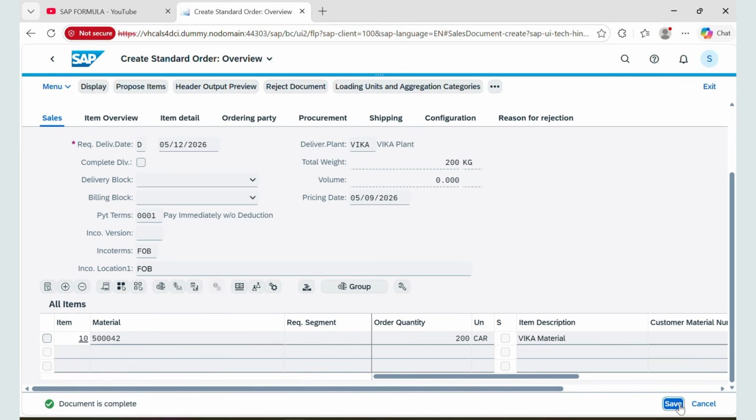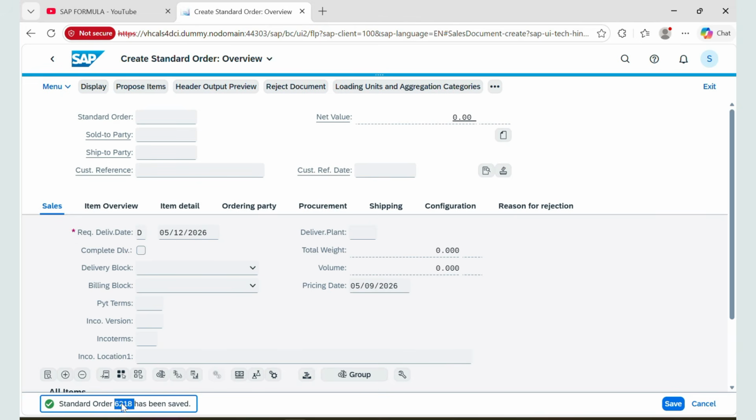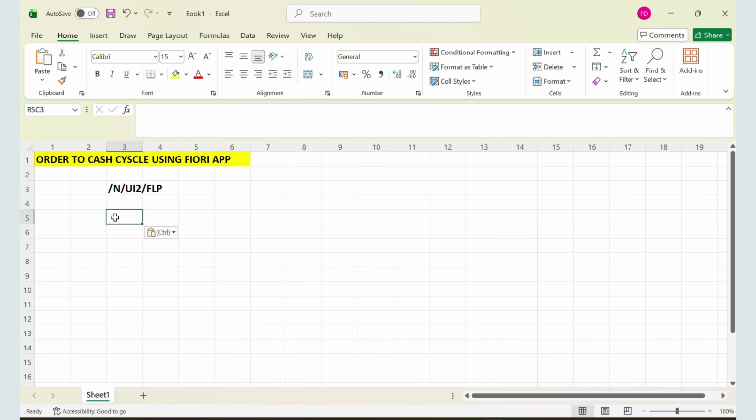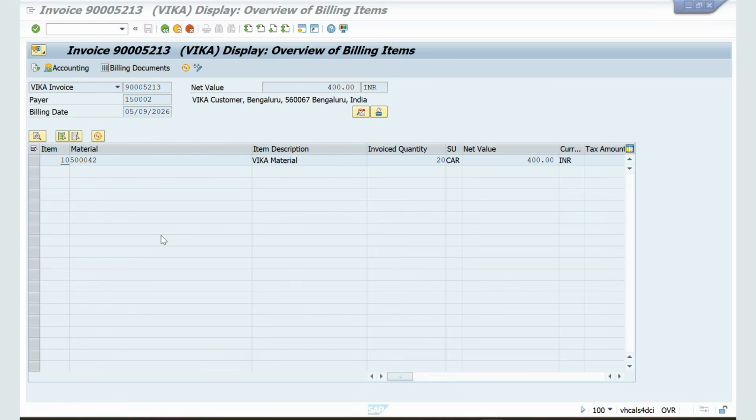Now I'm going to save this sales order in the Fiori app. Save it. Now what is my sales order? This is my sales order. I'll copy this entire thing, Control C. I'll paste here, Control V. Now this is my standard order. 6218 has been created. Now if I go to my GUI screen, okay,